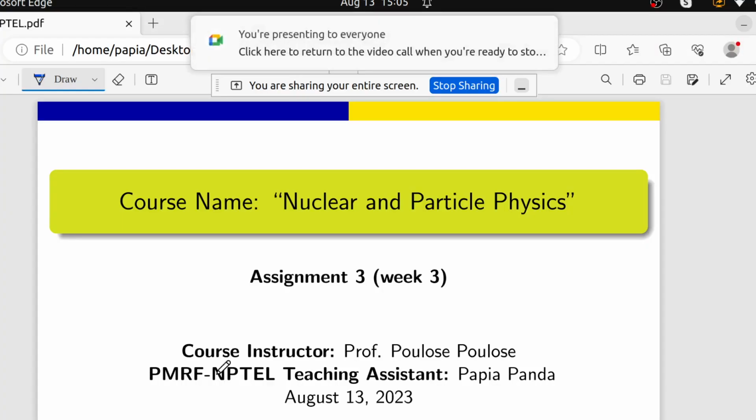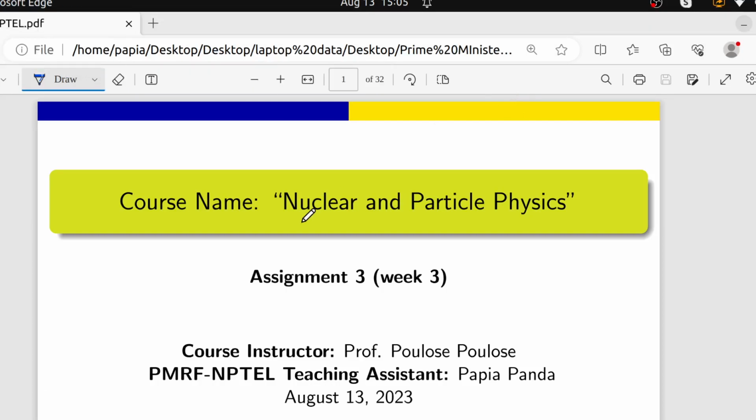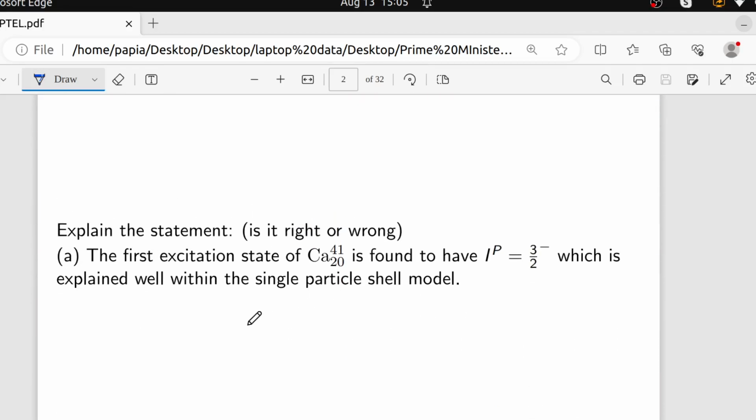Yes. Okay, fine. So in today's session, we will talk about the assignment 3 previous year questions. First of all, I just want to tell the first question. In the first question, you can see that this is a very similar question to what we talked about last week, about the particle shell models.